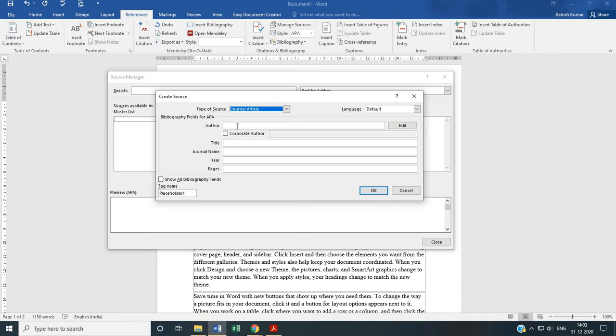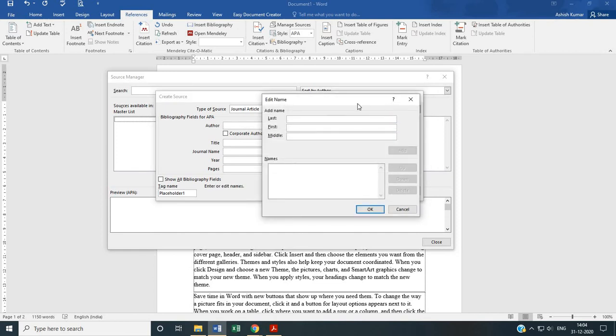Then I am required to give the details of the author. Once I click the field of author, an example of how I should fill in the information also appears here. You can see that I have to provide the surname first, then the comma, then forename, and then if there is more than one author, the information of the other author. If you are not able to provide the information in this way, you can also click the Edit button. Once you click the Edit button, it says Add Name. Add Name is to add the name of the author. So I have to give the last name first, for example, Sharma.